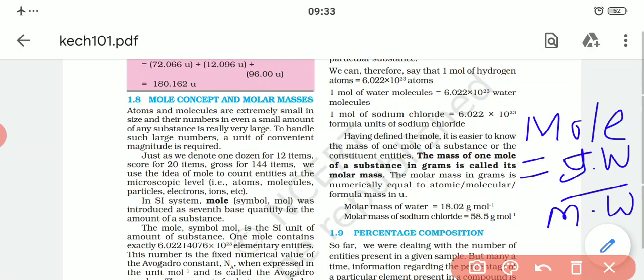Now what is molecular mass or molar mass? The mass of 1 mole of a substance in grams is called molar mass. For example, the molecular mass of water is 18.02 gram per mole, while the molecular mass of sodium chloride is 58.5 gram per mole. Okay,